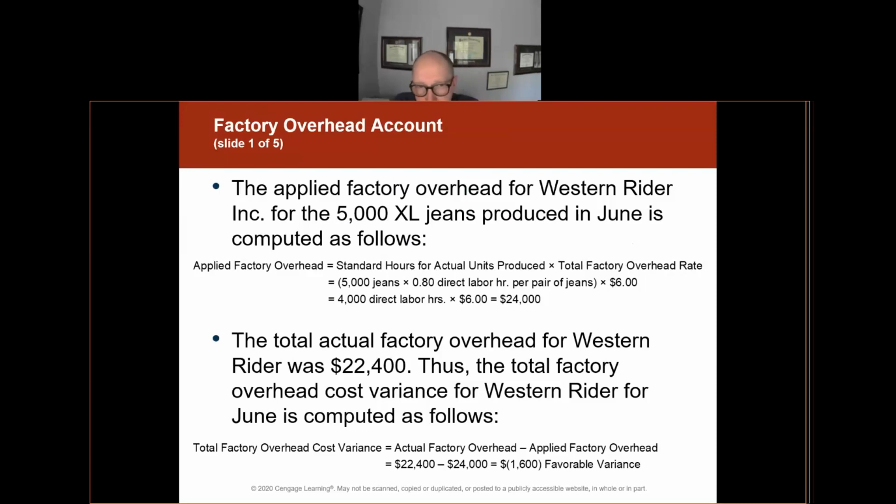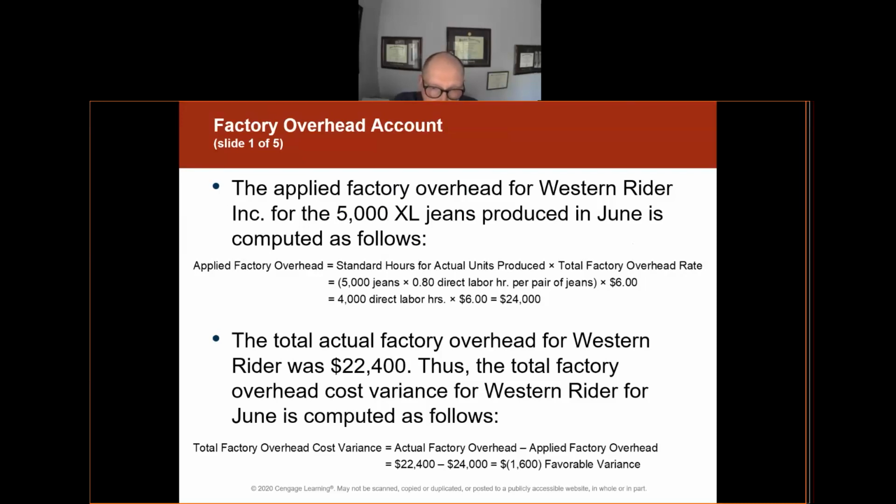The 0.8 is the 50 minutes it takes to produce each pair of blue jeans. So 5,000 pairs of blue jeans times 50 minutes, or 0.8, times the standard rate, $6 factory overhead per hour,